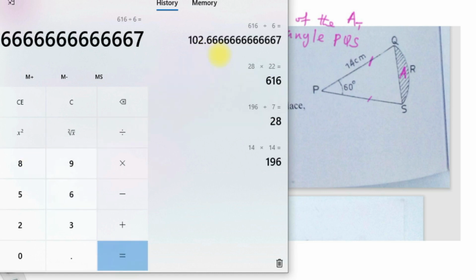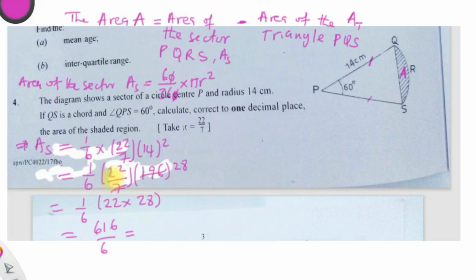102.666. Okay, so let's say you take 102.66, then you approximate, this is equal to 102.67 centimeters squared. Okay, fine. So this is the area of the sector. Yes. So now let us find the area of the triangle